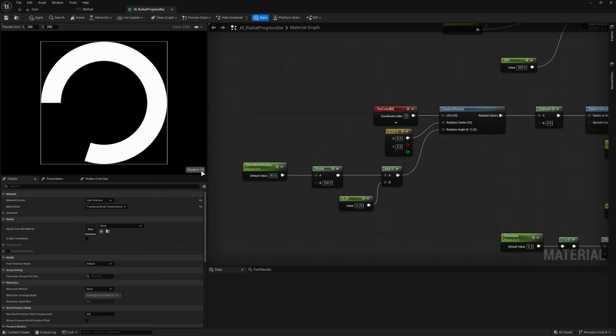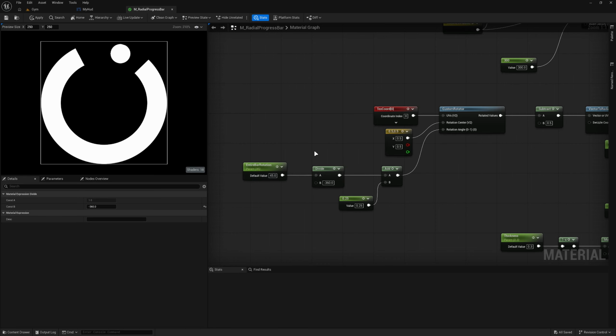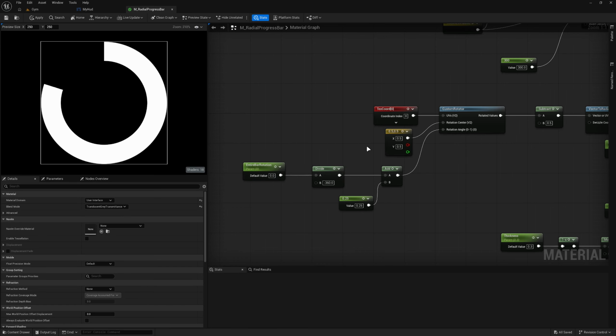One other thing, and this is just personal preference to me, is I don't like that it rotates counterclockwise. That just feels off to me. So I like to change the divide to negative 360, because when I enter a new value here, I just feel like it should rotate in the other way than it does by default. But that's personal preference. So I'll leave that at 0, and now it starts here,